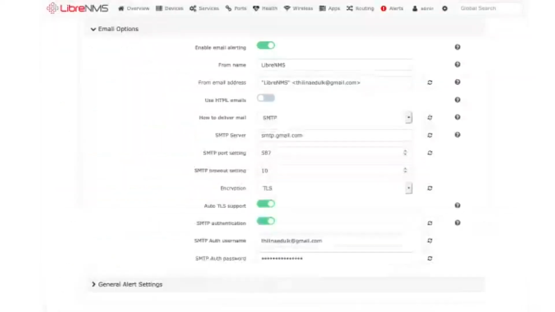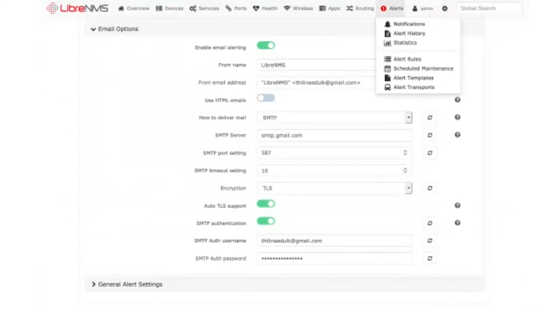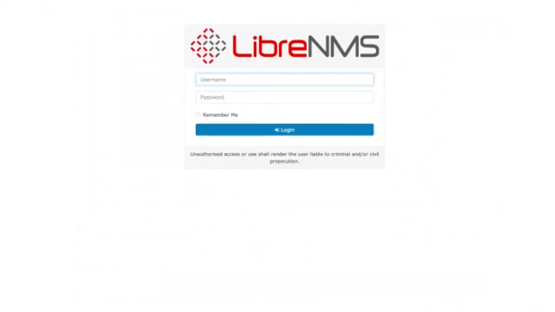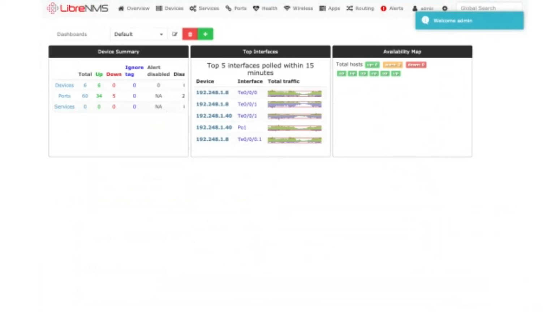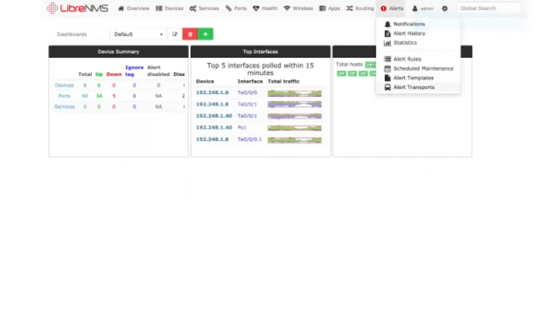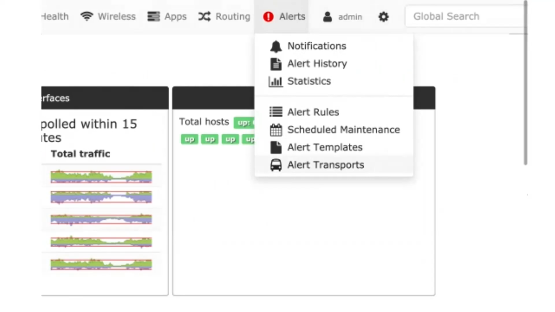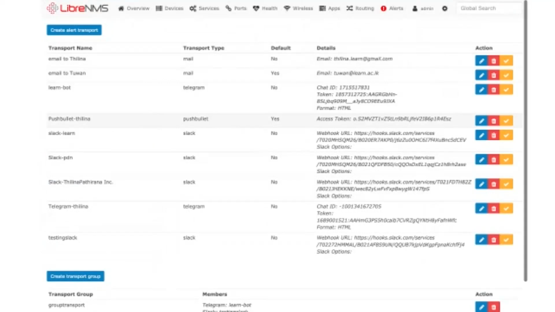In this example, all these settings will be on alerts and alert transport part. So it's on alert transport. When you go into that place, in this case there are several transports already created, but for you, there might be nothing in this part. So you just have to create this alert transport,